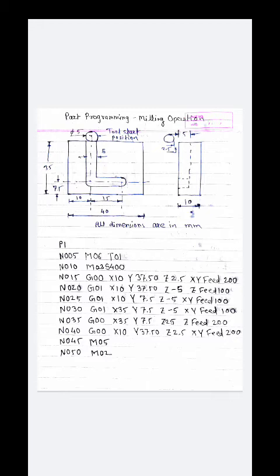Now next N015, here we are going to place the tool at our initial position. Okay, G00 for rapid traverse, X10, Y37.50, Z2.5, feed 200 per minute. So in such a way we are going to place our cutter at the initial position. Okay, now we are going to